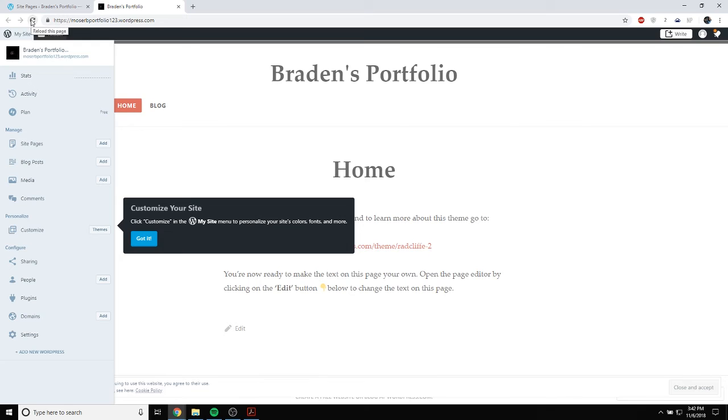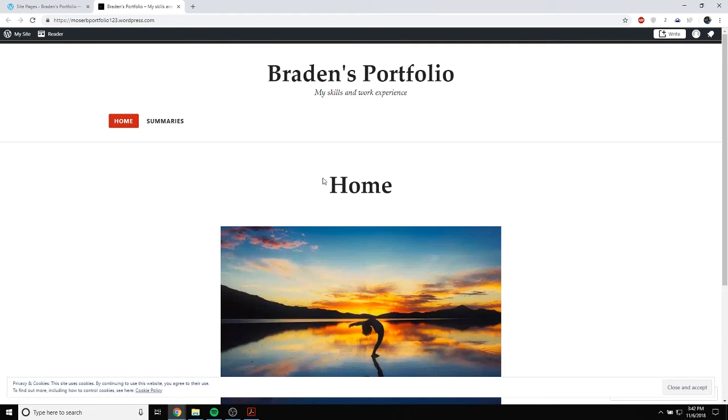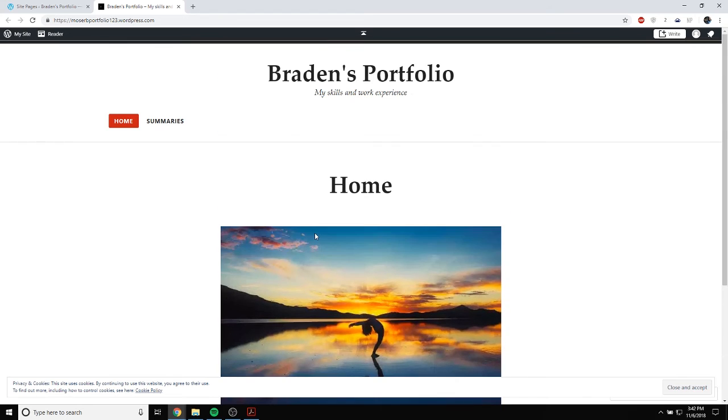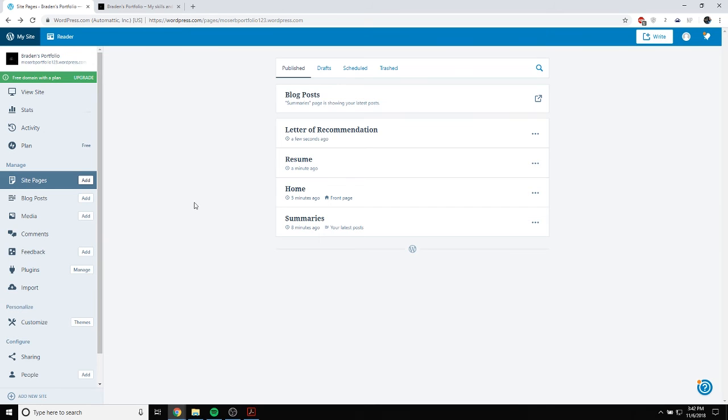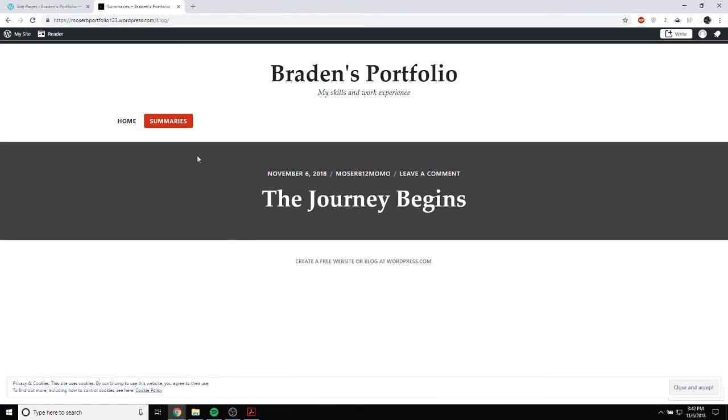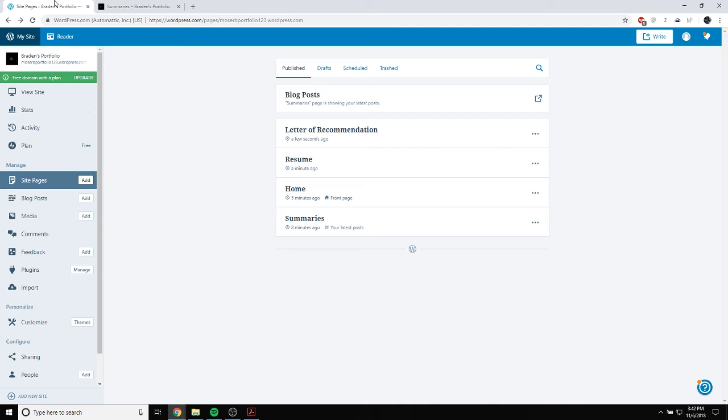see, if we come back to this website, this is called the front end. This is the back end. The front end is what people see when they come to your website. The back end is what you see when you're editing your website. On the front end, you can see it just says home and summaries. And we just made 2 pages, the resume page and the cover letter page, or letter of recommendation page, but